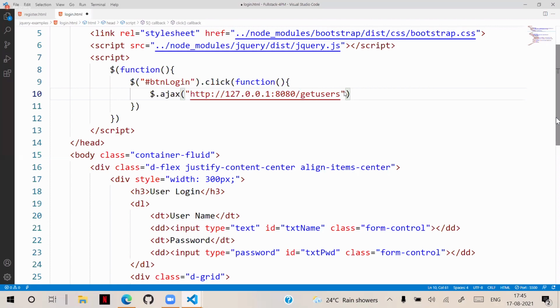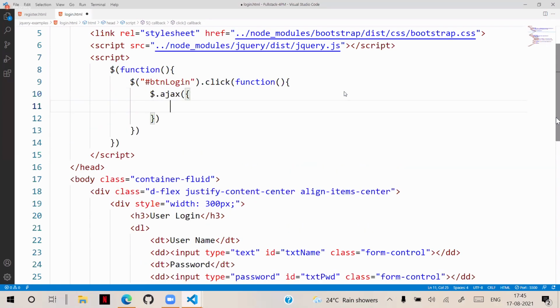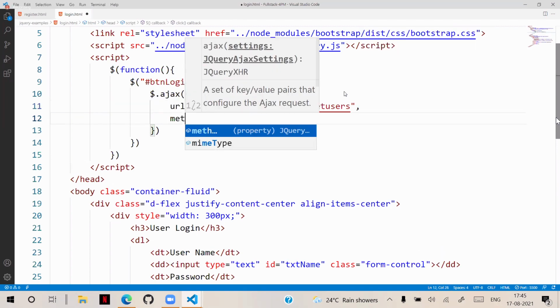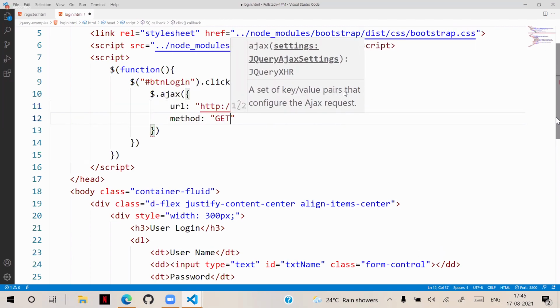You can write in a shorthand technique. I already showed you this shorthand technique. Or actually what we can do, we can define the functionality like this. We can define here url. The URL is this. And we have method. Method is get. We have success. Success uses a callback function.